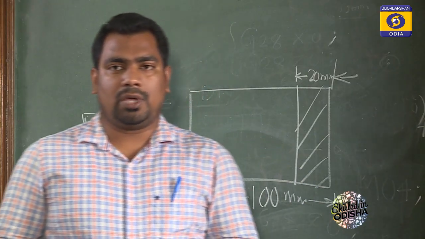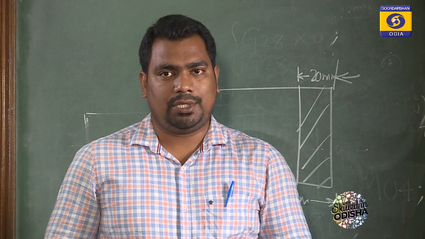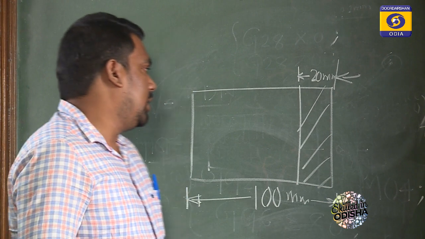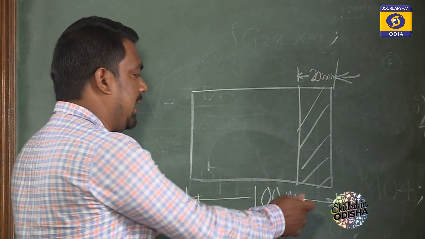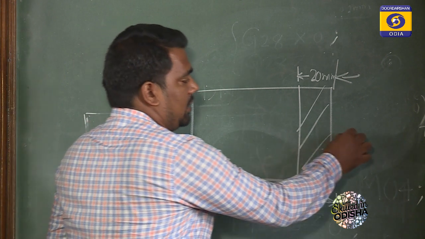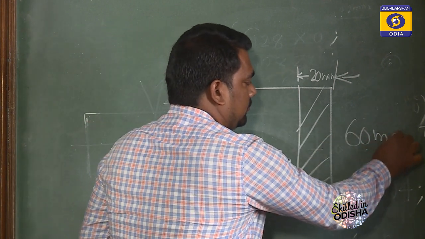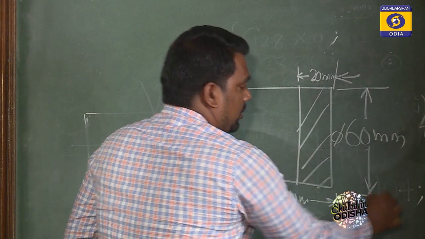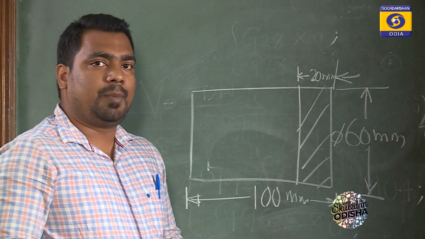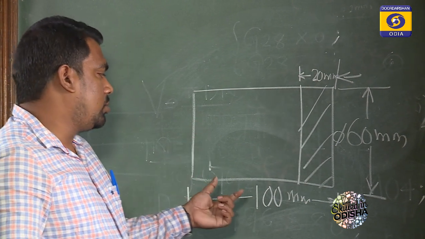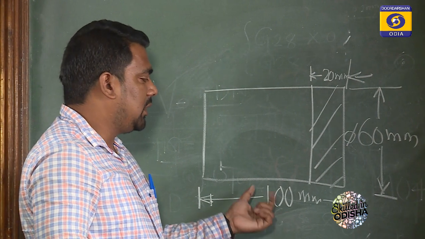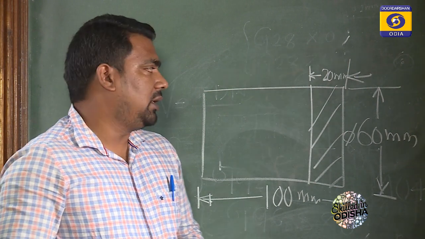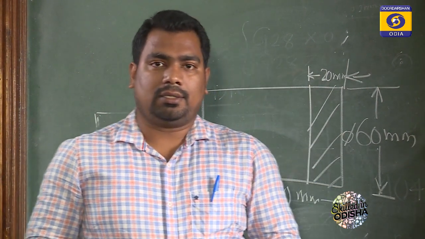So students, we have discussed how to write a facing operation in CNC. Now I have to give an assignment to you. This is a job of 100 mm length and 60 mm diameter. Your assignment is to write a facing operation program so that we can maintain a length of 80 mm. That means we have to face it up to 20 mm length. This is your assignment. Thank you.